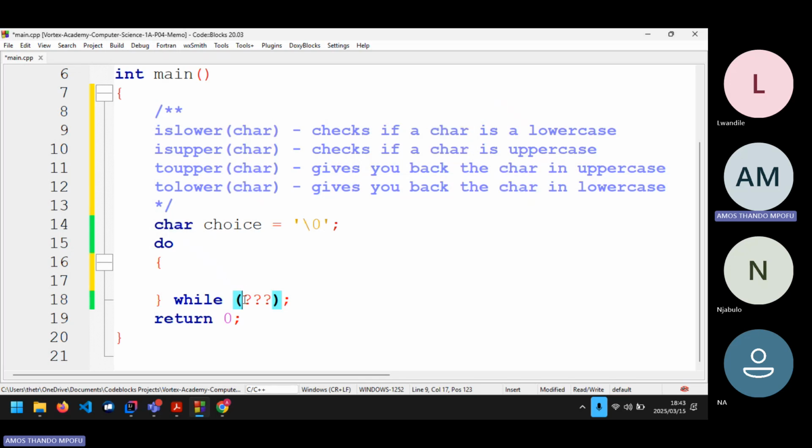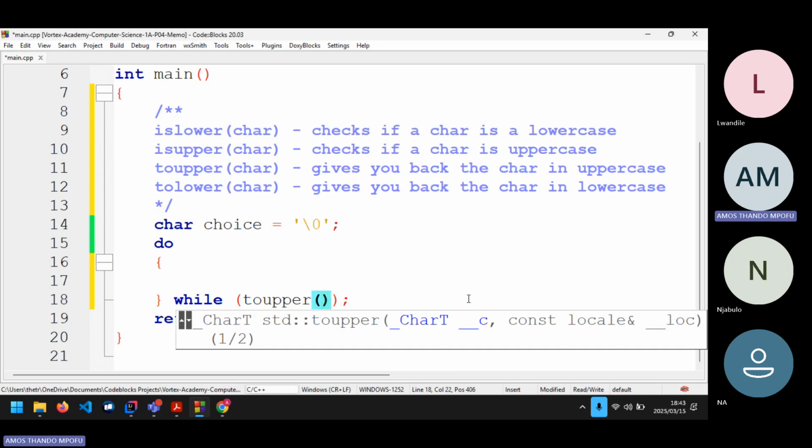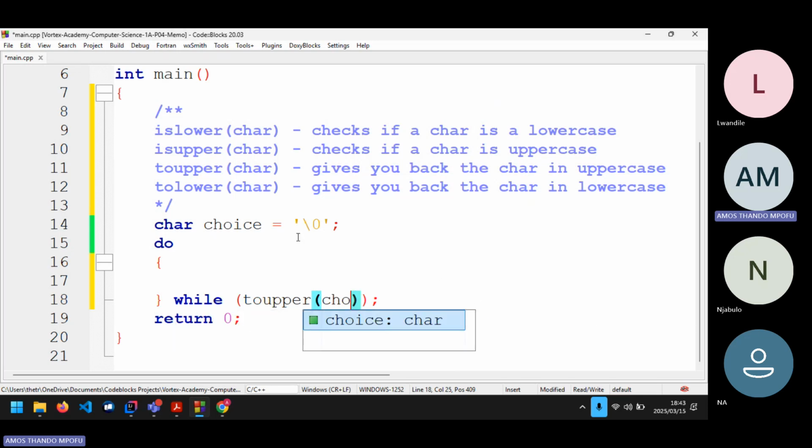So what I'm going to do is here, right? I'm going to use the toupper function. You see, it even tells me that it gives me back an integer. So I'm going to press enter, put in brackets, then I pass in that variable, which is choice. So I'm going to convert choice to upper. I don't like what I'm doing right now. It makes the code very ugly. I don't like it, but it's fine. We're just gonna stick to that. So you convert it to an upper, but you need to remember this gives you back an integer. So you need to cast